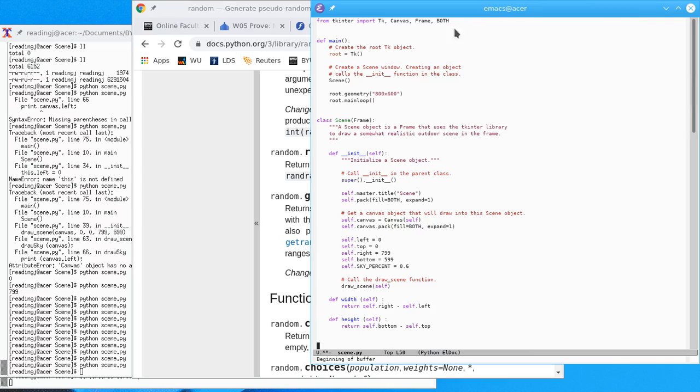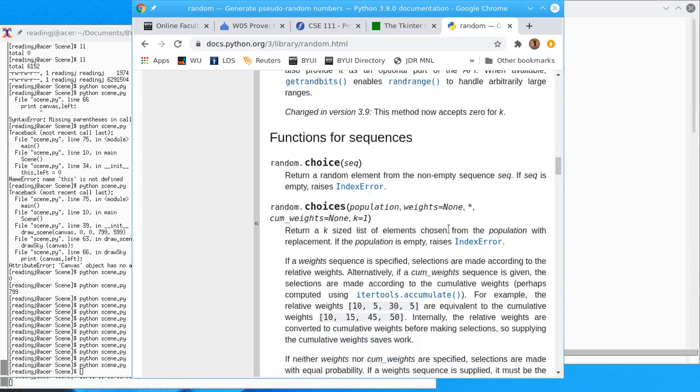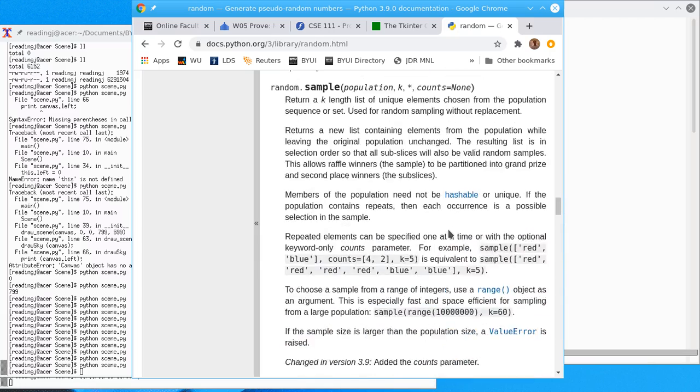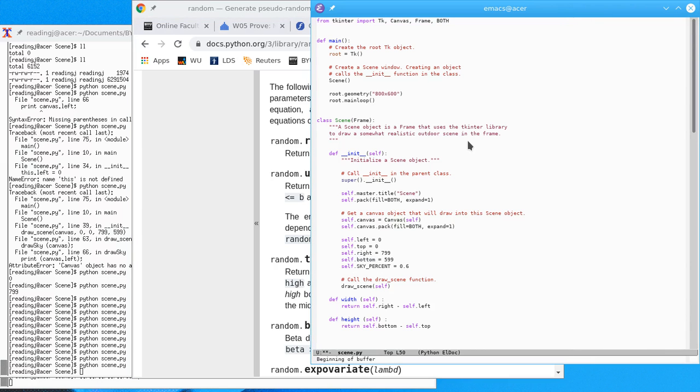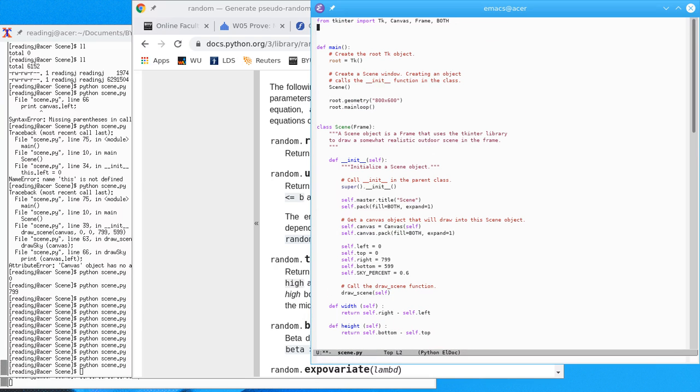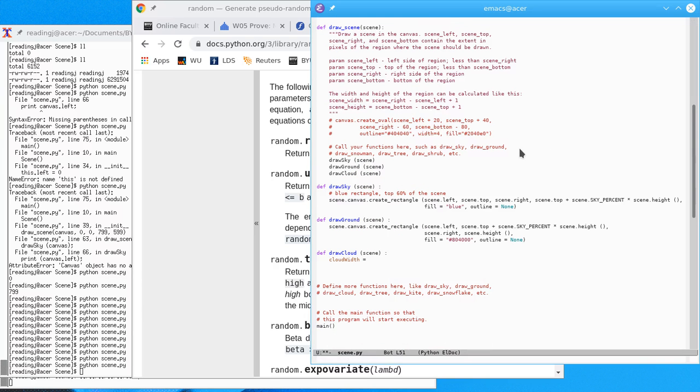So we want to say, oh, I don't really want a randint though. I really want a random sample. Okay, uniform(a, b). That's what I want. Okay. So I need to import random. Yeah, it was random. Cloud width equals random.uniform